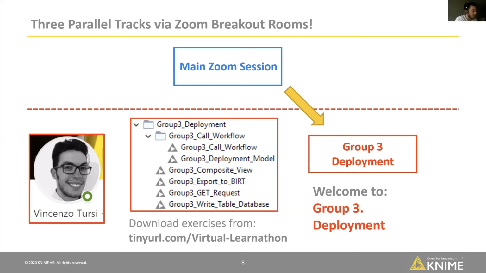Okay, so welcome everyone to this third group related to the deployment. Today we're going to go through different options that we can use to deploy our application or our model to a production environment